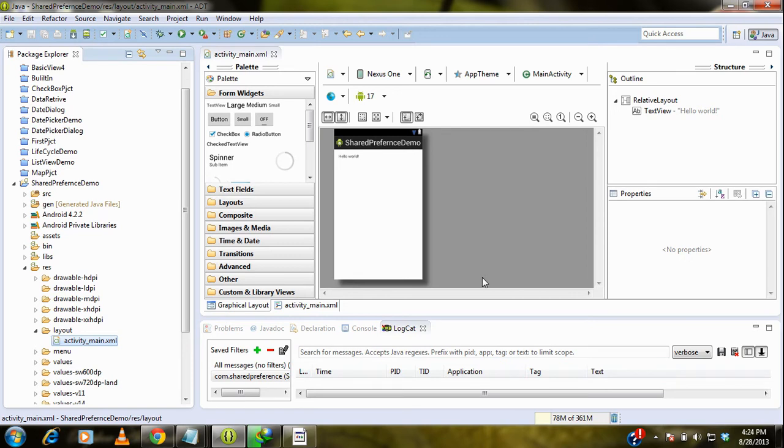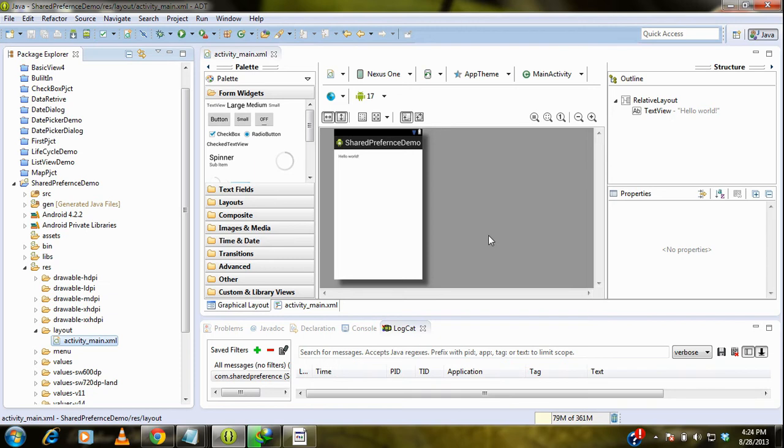From this part of this tutorial onwards, we are going to learn how to save data in an Android application. There are a number of ways for saving data in an Android project. You can use an object of a class called shared preference. You can save your data into a file, or you can use the external SD card for saving your data, or you can use an inbuilt database in Android called the SQLite database.